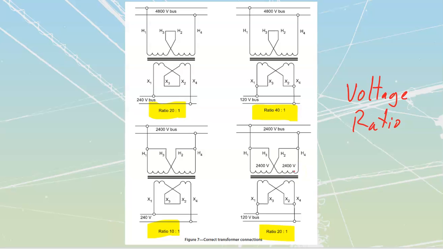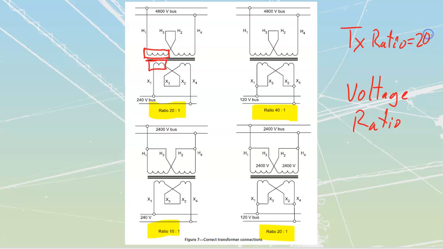Well, my transformer ratio is simply going to be the ratio of an individual high to an individual low that I would have for that actual specific transformer, which for either one of these, 2400 as my low value on the high side and 120 as my low value on the low side, works out to a ratio of 20 to 1. Okay, and you'll note that my transformer ratio, 20 to 1, matches my voltage ratio on my system. TX ratio, transformer ratio,